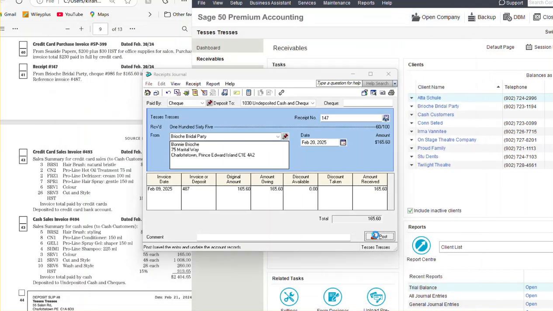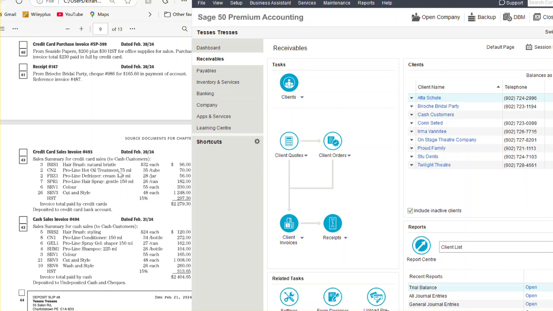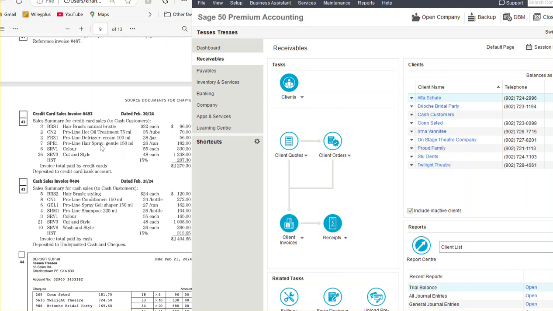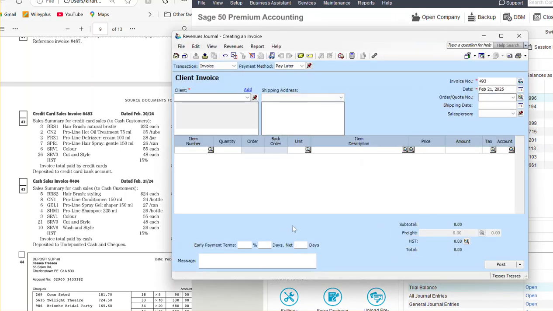I am done. I will post it. I will say okay, and we're close. Now going further, we have a credit card invoice, and it's a cash customer. I will go to receivable, and it's an invoice, and invoice from